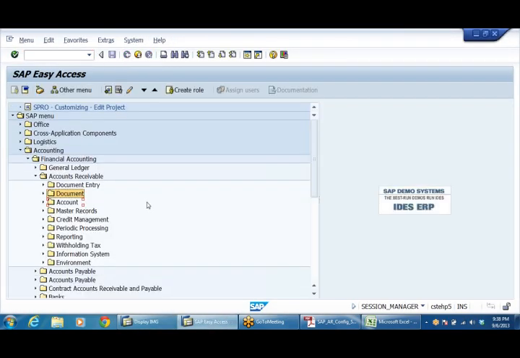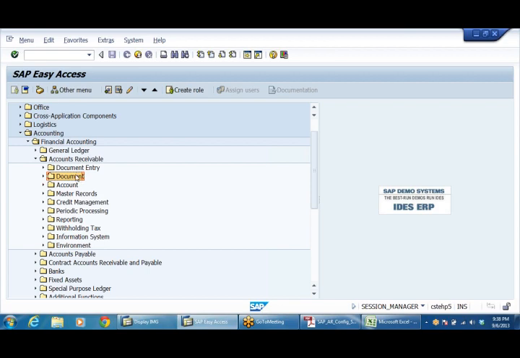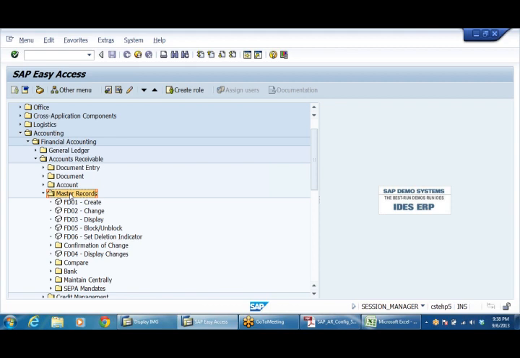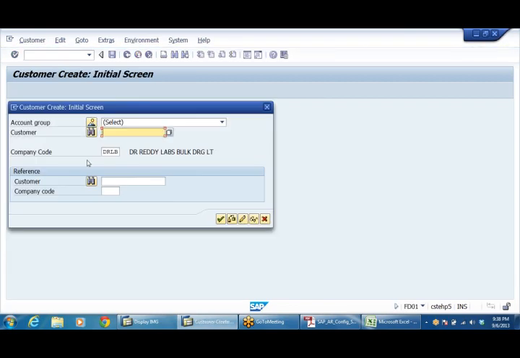Come back. So okay, accounts receivable and master records. I'm going to create customer master, FD01 create. And here, account group.